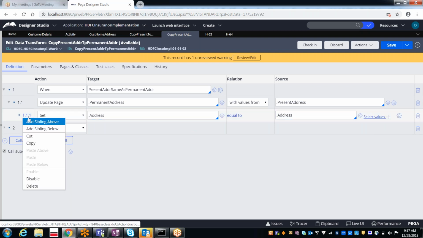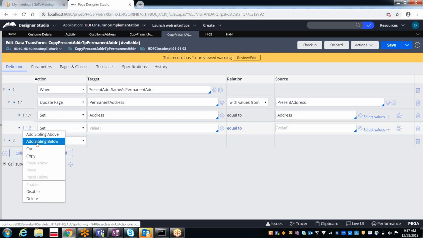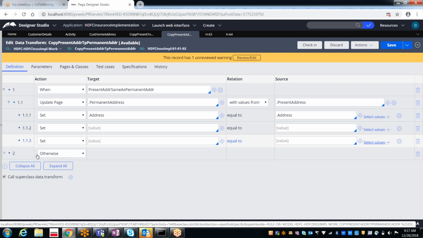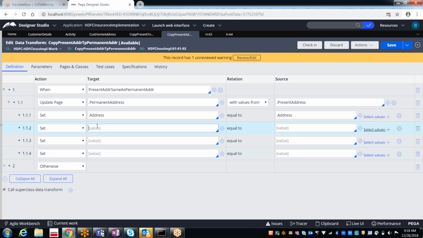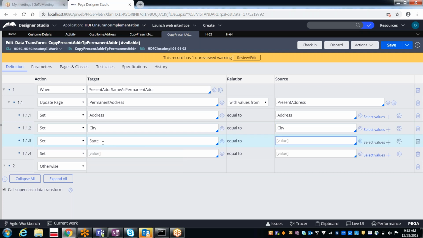So add one more sibling: city with dot city. State with state.